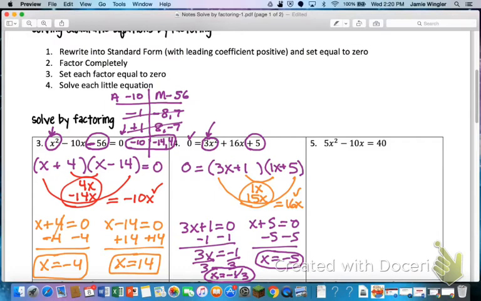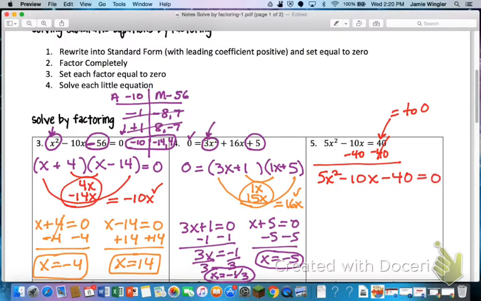On example number 5, you can see right here that it needs to be equal to 0. So you're going to have to start by subtracting 40. But when you do that, there's no other term that just is a number. The 5 has an x squared with it. The -10 has an x with it. So we do not have like terms, which means we just have to write each one of them by themselves